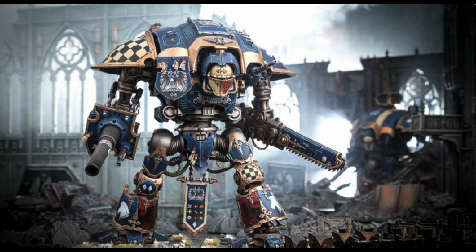Iron Hail Heavy Stubbers. Use this is 1 CP. Choose an Imperial Knights detachment from your army. The AP characteristic of all Heavy Stubbers in that detachment is changed to -1. Okay. 1 CP, Devastating Reach. In the charge phase, choose a Titanic Imperial Knight, so the largest ones, from your army that is not yet charged, then choose one enemy unit that is entirely on ruins or in